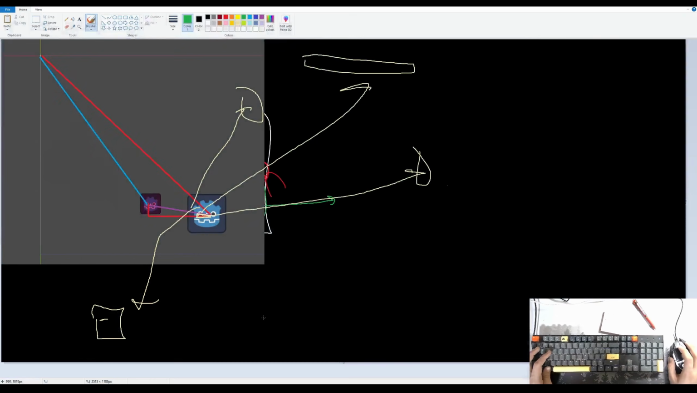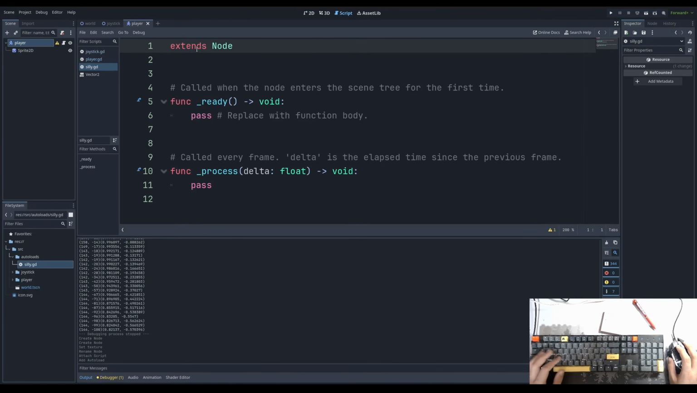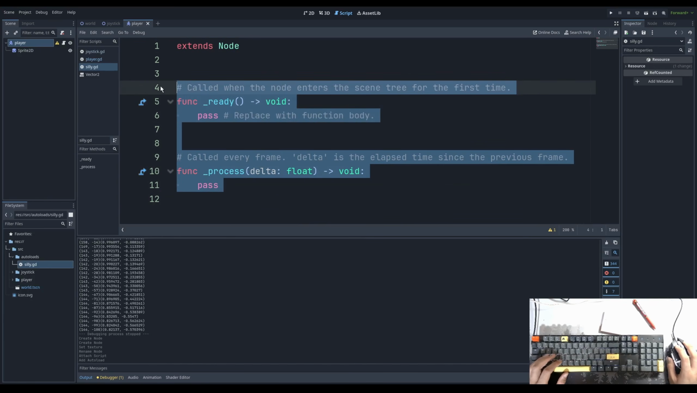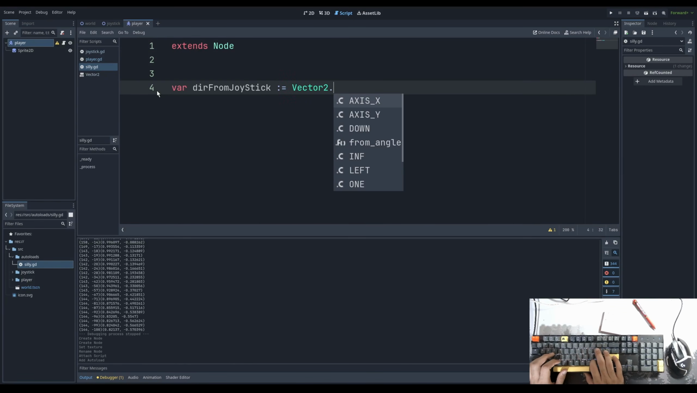So silly.gd right now is acting as this file over here. Whoa, Paint just lagged. Okay, it's still kind of lagging. Weird. Autoload. So now I have an autoload. What am I gonna do? Well, I'm going to open up silly.gd, and I'm going to name a variable called direction from joystick, and I'm going to give it a value of